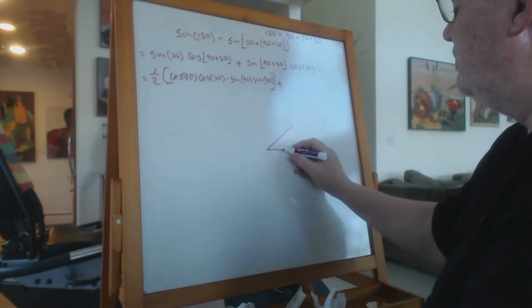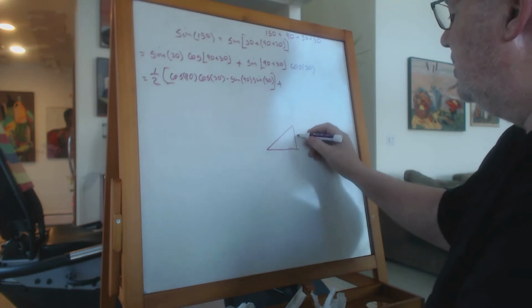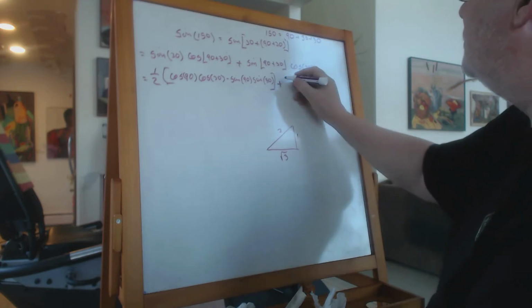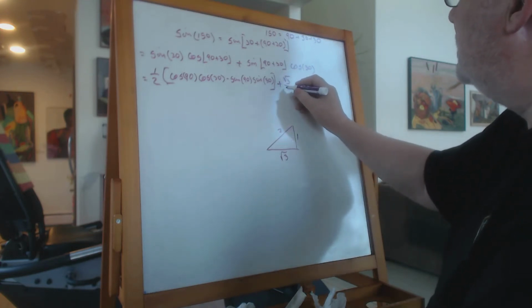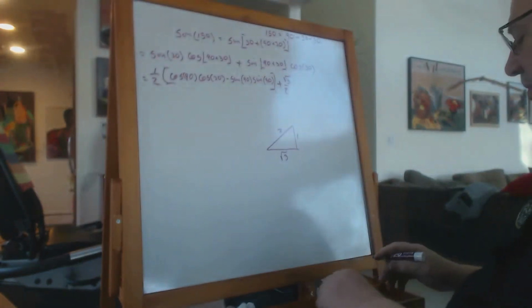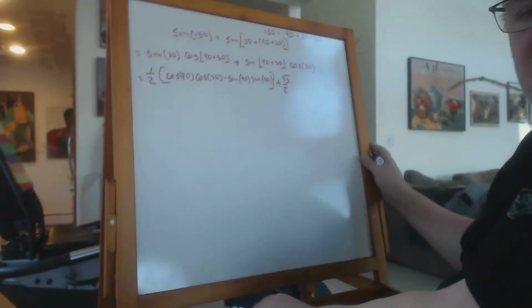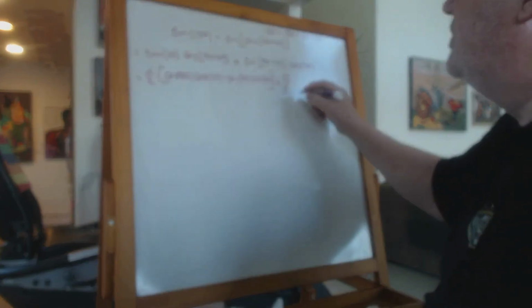We have 1, 2, square root of 3, so the square root of 3 on 2 times